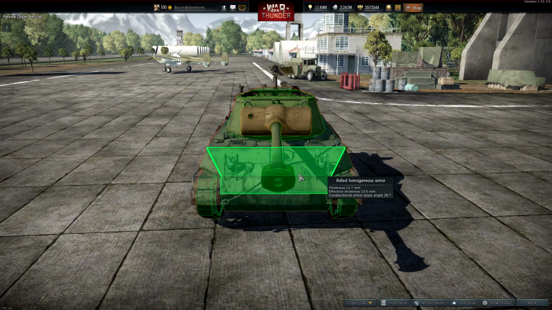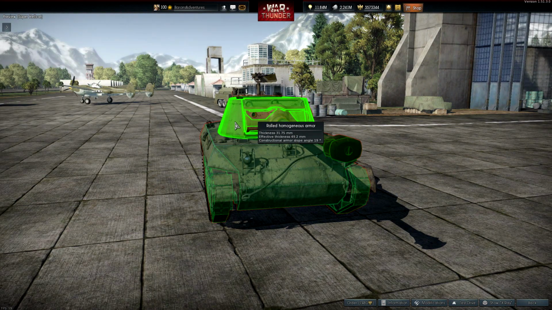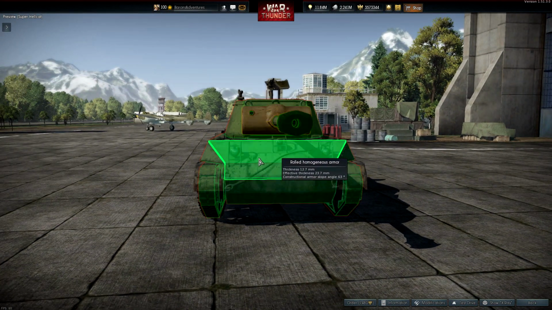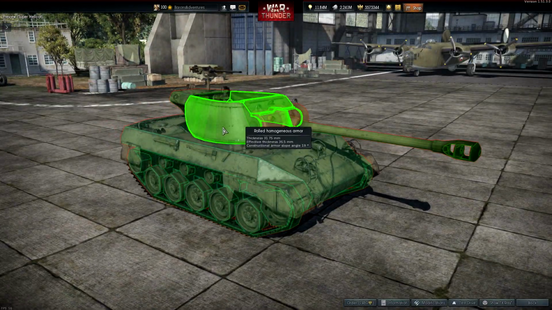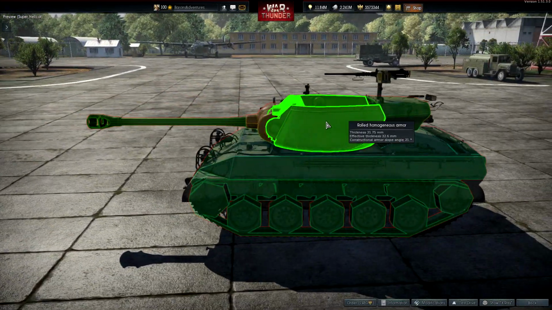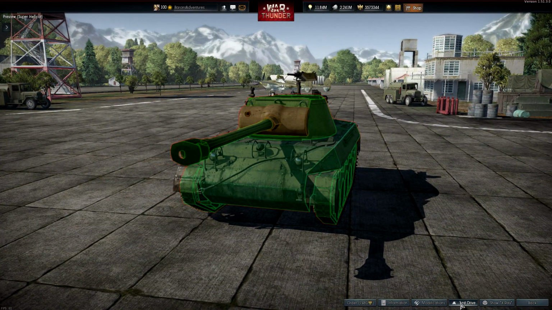We'll look at the armor, because you got 76.2 on the top there on the gun mantlet, so you actually have a little bit of something there. But the rest of it is pretty paper thin. Although the sides of this turret are a little better than what the Hellcat had. So now let's take a look at the